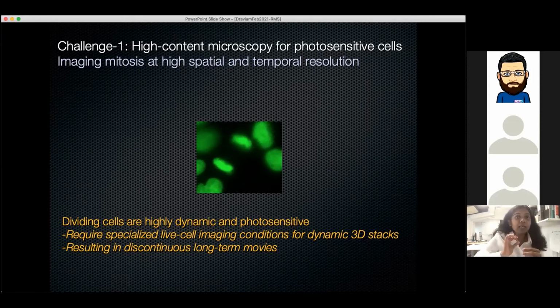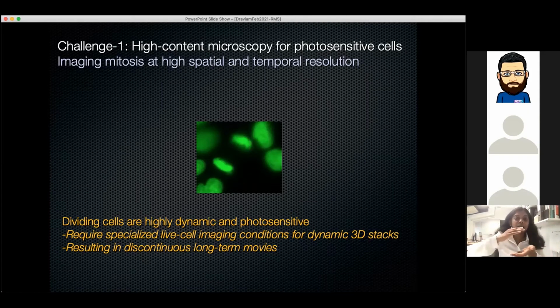So studying dividing cells requires specialized live cell imaging conditions, especially if you want to capture reliable dynamic information from 3D stacks. And even when you have the specialized imaging setup, we have to accept that it's always going to be discontinuous long-term movies. And what I mean by discontinuous is